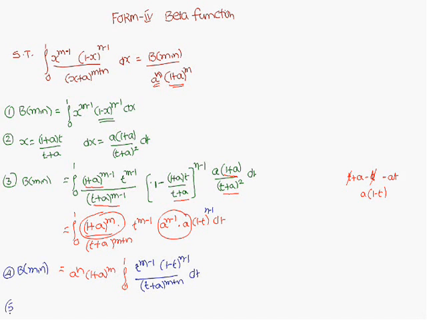So now if you do the cross multiplication, what you are going to get is integral 0 to 1, you convert t into x, so x power m minus 1 into 1 minus x whole power n minus 1 divided by x plus a whole power m plus n dx is equal to beta m comma n divided by a power n into 1 plus a whole power m. This is the form 4 of the beta functions. Next we are going to discuss the form 5.